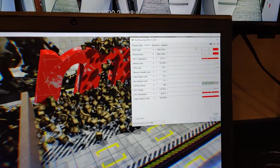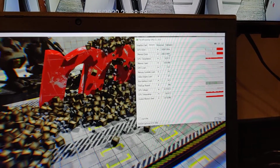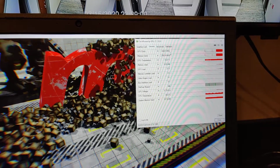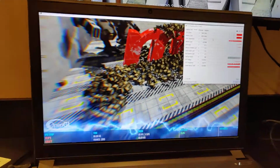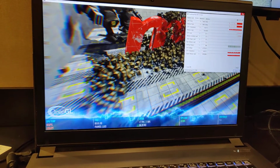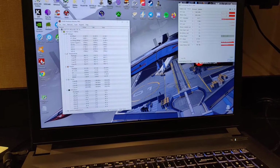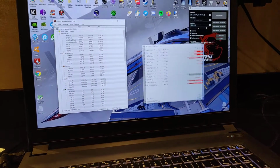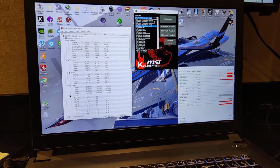And then look at this. Memory clock, 2000 megahertz. That would seem interesting, especially this 1400 megahertz, except for the fact I undervolted the GPU, so it shouldn't even be running that high, but it is. So anyway, physics looks like it's working. Let's put you down here. However, if I run